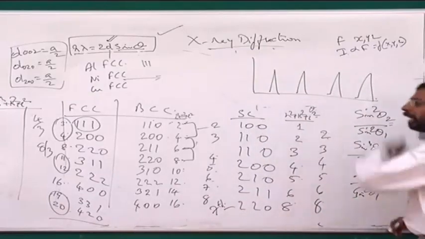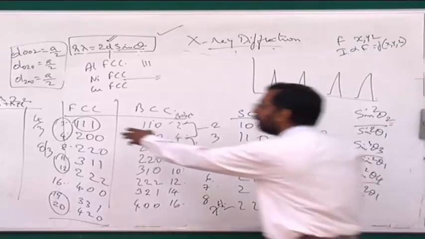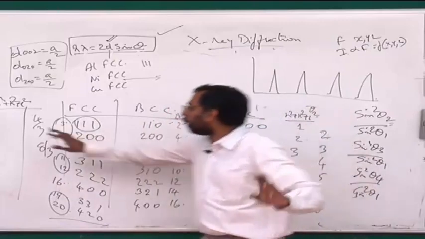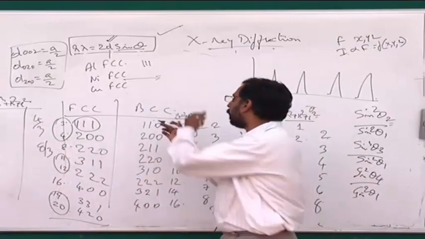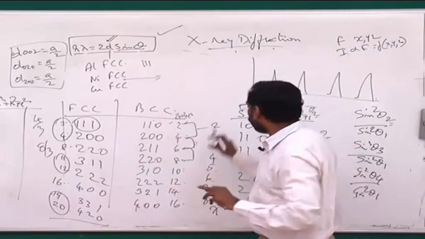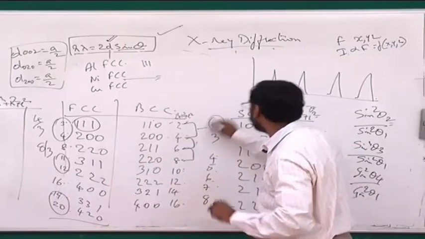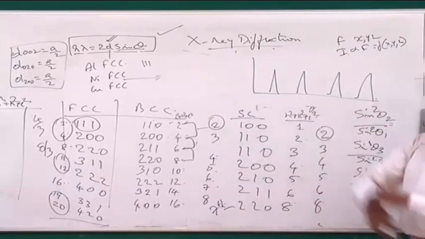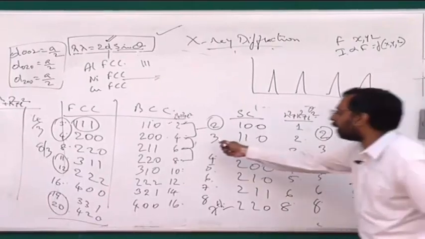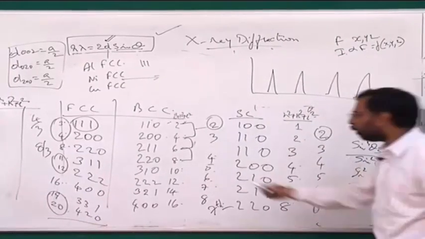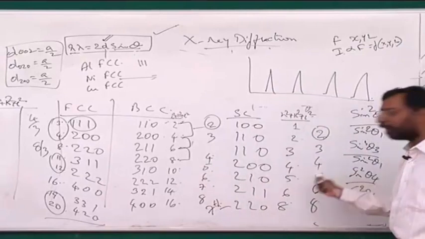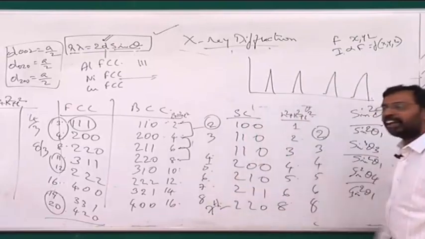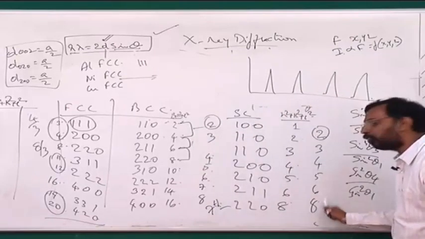So when it comes to the seventh peak, I see the difference. In the case of FCC versus BCC, just by looking at the first two peaks, I was able to clearly say that if the ratio comes out 4 by 3, it cannot be BCC, it is FCC. But if the ratio turns out to be 2, I cannot say it is BCC, because a ratio of 2 is also there in simple cubic. I go to the third peak, the ratio is 3 here, 3 here. Fourth peak, 4 here, 4 here. Fifth, 5. Sixth, 6. Seventh, the ratio is 7 here, whereas it is 8 here.